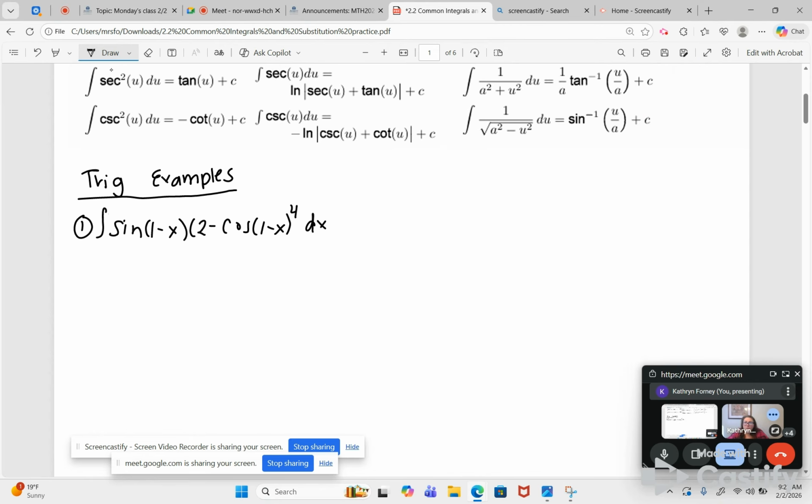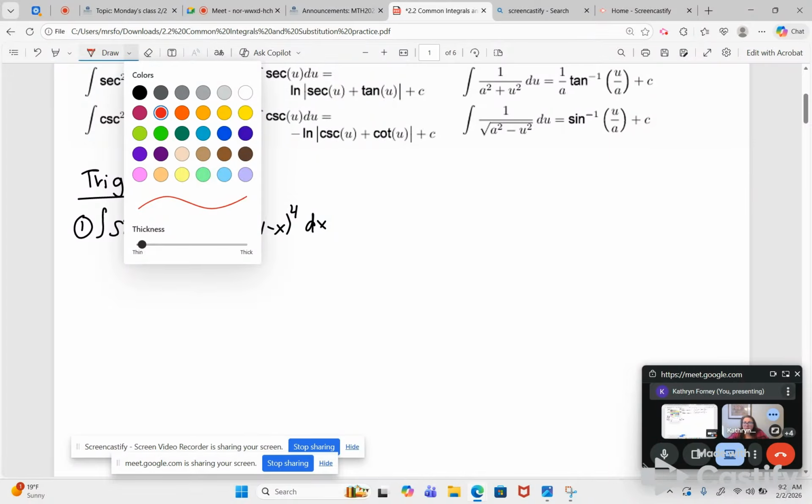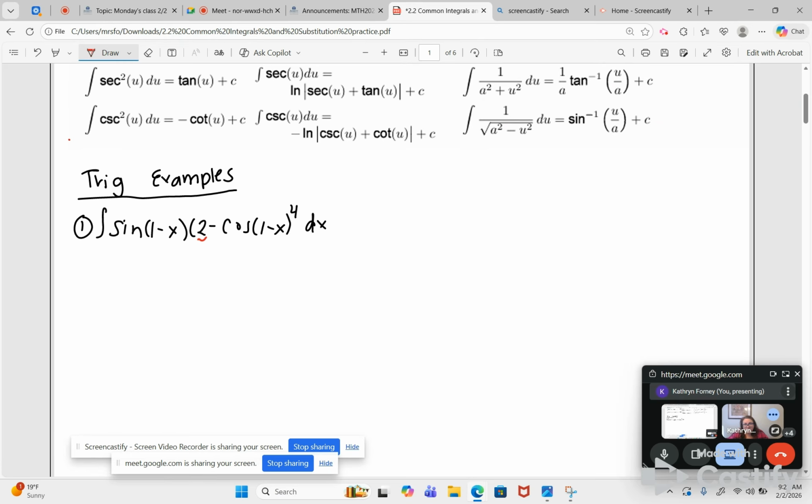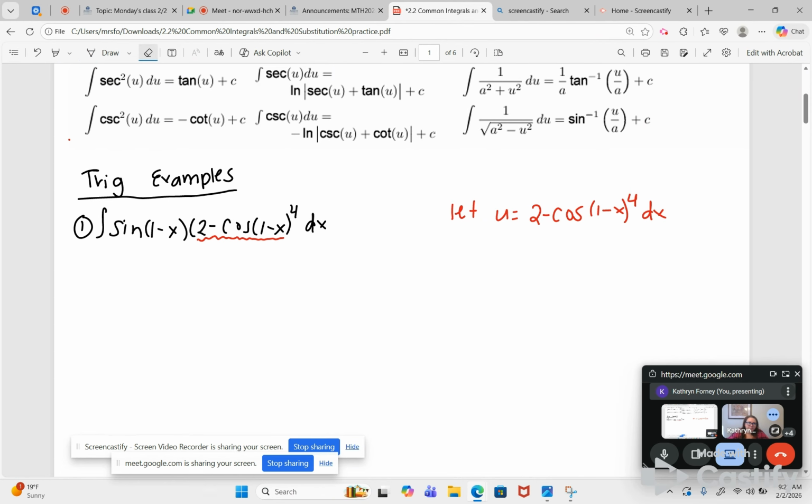So now, when I look here and identify my inside function, you could easily be like, oh, it's 1 minus x, but that's not going to take care of the sine and cosine. So you need to identify your inside function as the entire 2 minus cosine 1 minus x to the 4, not the dx part. All right, so then if that is our u,